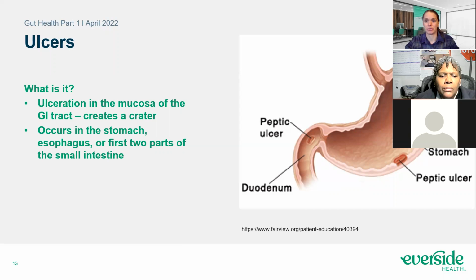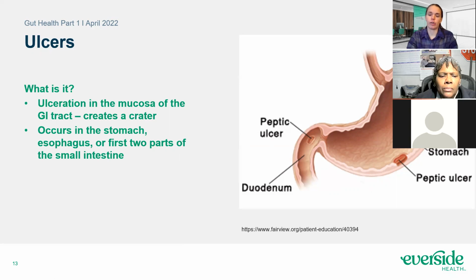So if anybody's had an ulcer, it's quite painful. It is more of that acute setting. So out of all of these, this is more of the acute, not long-lasting conditions. It's just short-term. And it is an ulceration in the mucosa of the GI tract. So you have this mucus layer and it gets in there. H. pylori is responsible. H. pylori is a bacteria. It's responsible for 70% of gastric ulcers and 90% of the small intestinal ulcers in the first part, so the duodenum. And so you can get ulcers here. But it can occur in the second part of the small intestine, not as common.